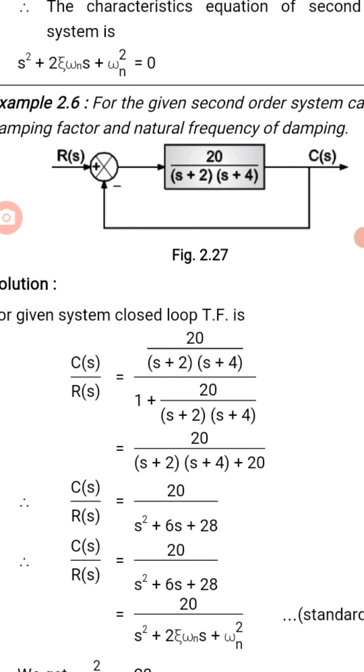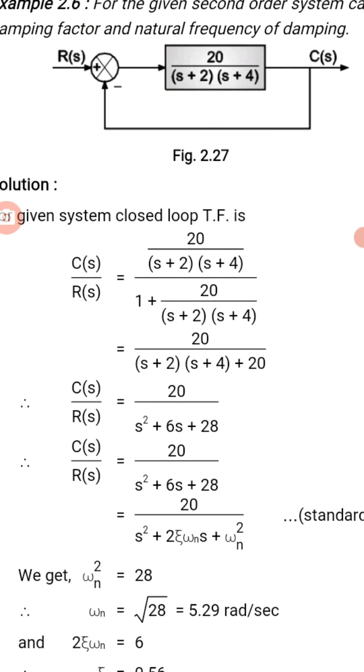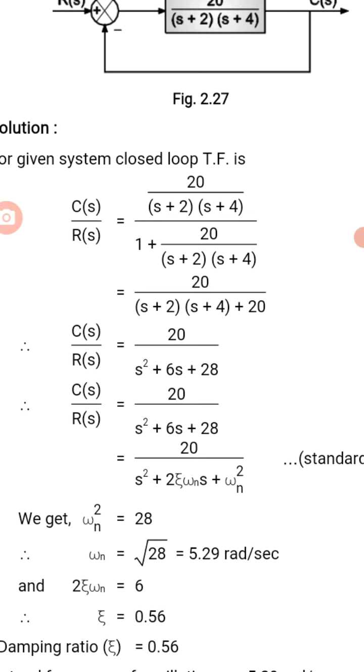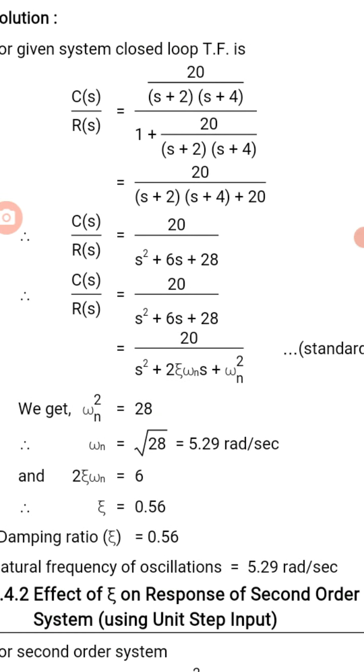This transfer function has arisen from the standard equation G of s upon 1 plus G of s into H of s. By simplifying this same equation, we will get 20 upon s plus 2 into s plus 4 plus 20. So C of s upon R of s is equal to 20 upon s square plus 6s plus 28, which is equal to 20 upon s square plus 2 zeta omega n into s plus omega n square, where omega n square is equal to